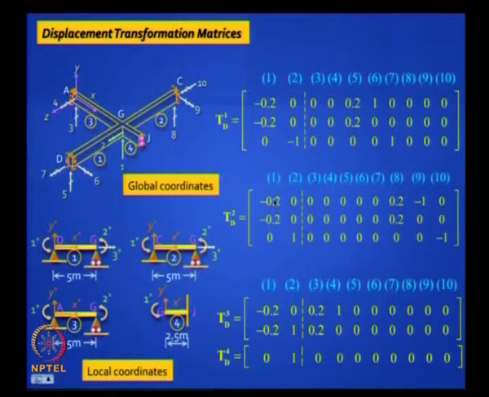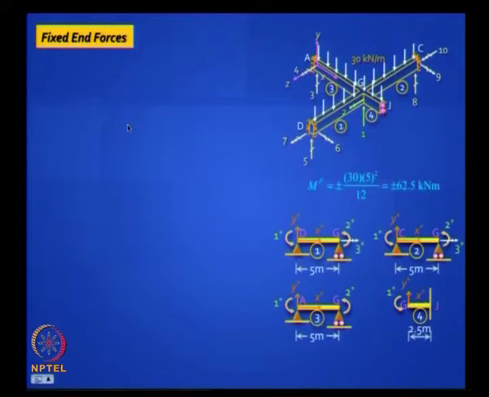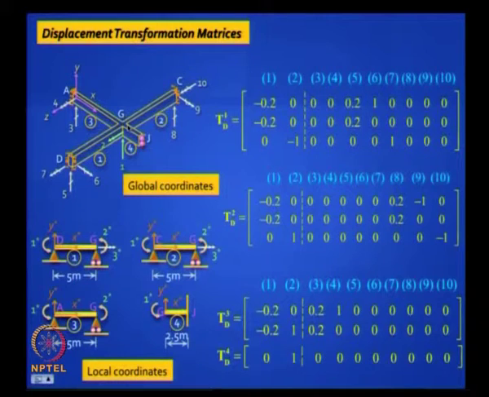What about the next element? It is clockwise if you look at it from G to C, but we are looking at it from C to G. So the orientation is done this way, and you have to be very careful. You will get it identical. And what about element 3? Element 3 also has a span of 5 meters. There also you have an anti-clockwise chord rotation. So does it fall in place? And for element 4 it does not matter because it is a cantilever. You lift it up, the guided roller will also go up, so you do not get anything, 0. Is it clear? So the first column we filled up correctly.